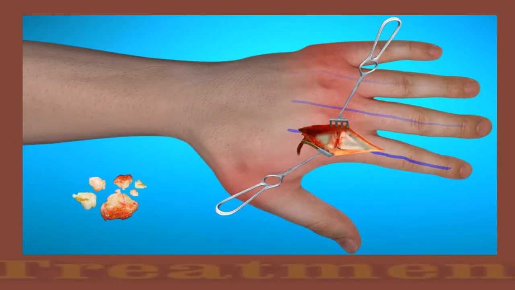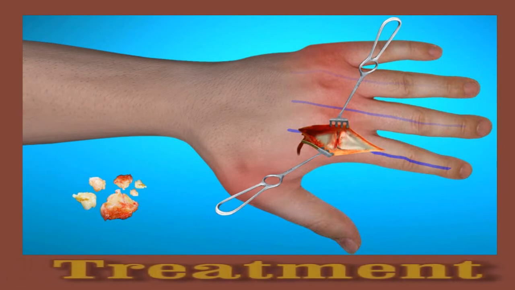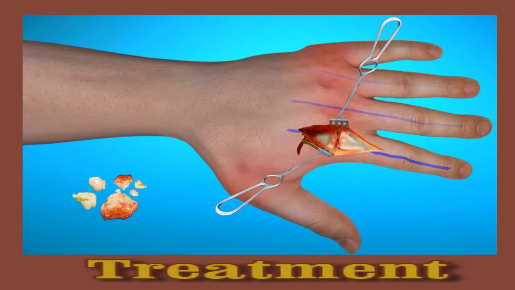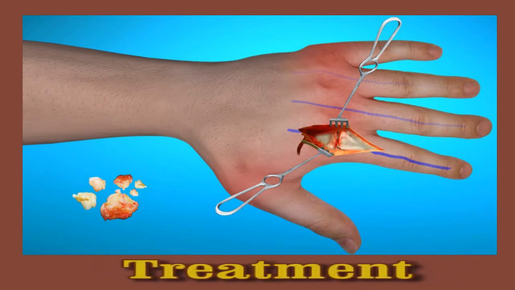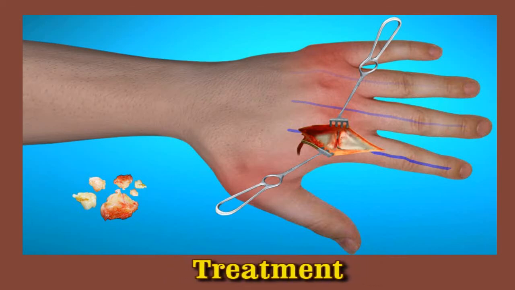Treatment. The goals of arthritis treatment include reducing pain, improving joint mobility, and slowing disease progression. A doctor may recommend one or more of the following treatments: disease-modifying medications that inhibit the body's natural immune response, oral or topical pain relievers,